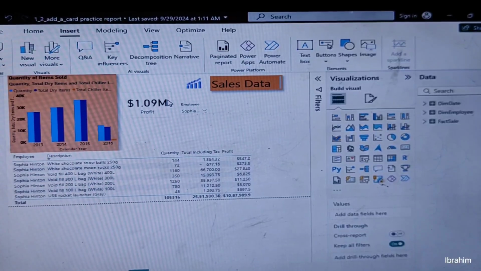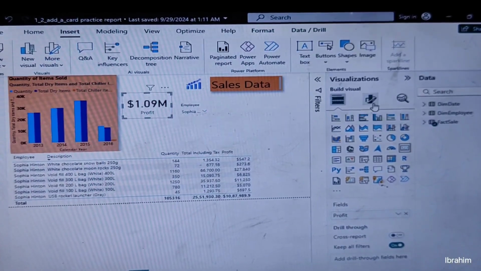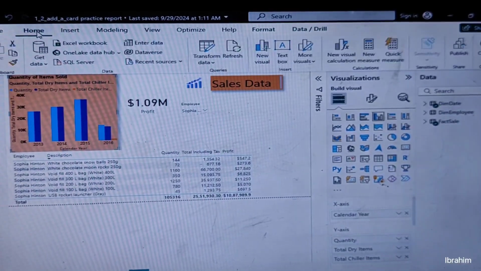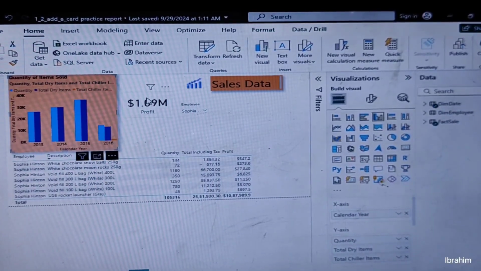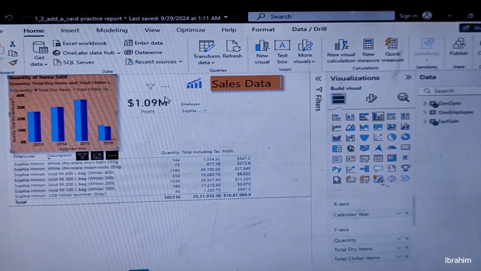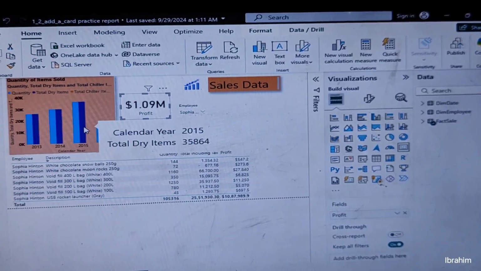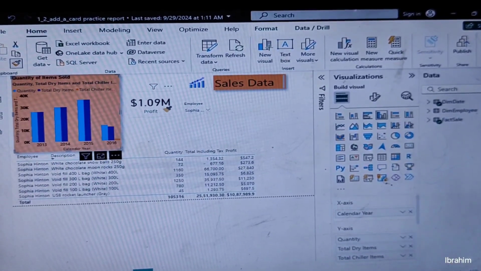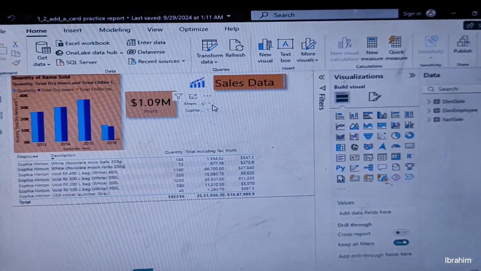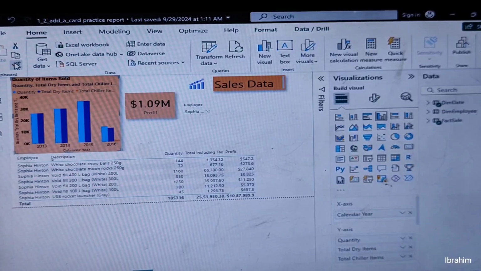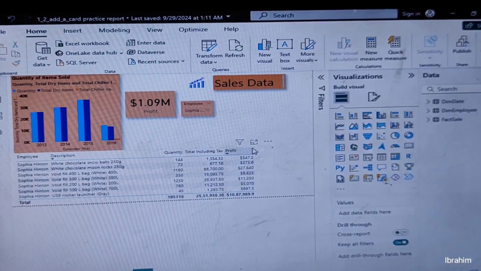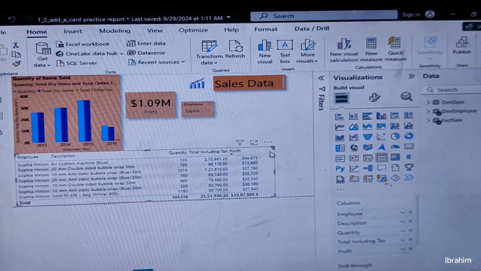Now in table or this card, we'll do some changes also. If you want this kind of format, then you can go to home, format painter. First select this one and then select format painter. Now we have format painter. We will do the formatting like this. And then in slicer also we'll do the same. We will select the format painter and then change it, and then in table also we'll do the same editings.